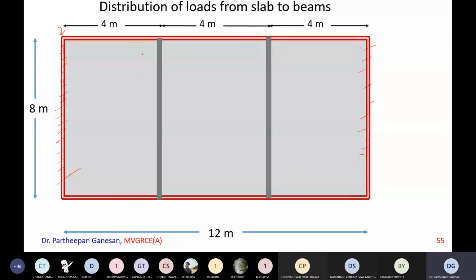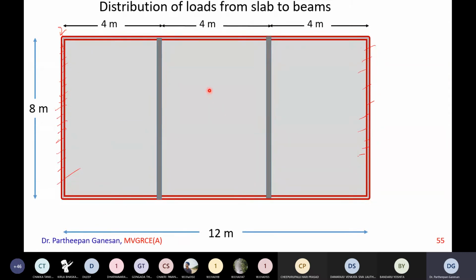I'll take a laser. This brickwork is one support. Or in the frame structure, this also will be a concrete beam. This is another beam. This is the intermediate beam. I am showing a plan. This is a plan. So this is a plan of 8 meter width, 12 meter length. And this is your one intermediate beam. This is another intermediate beam.